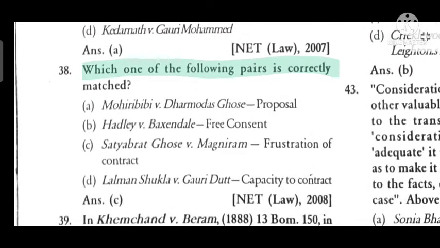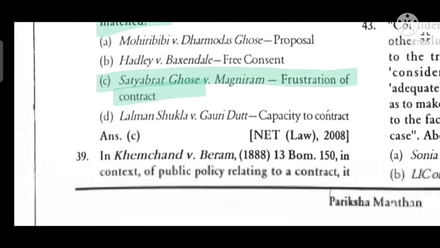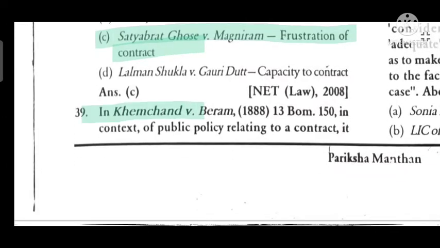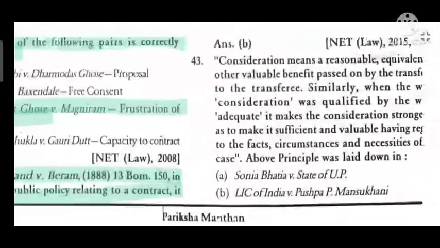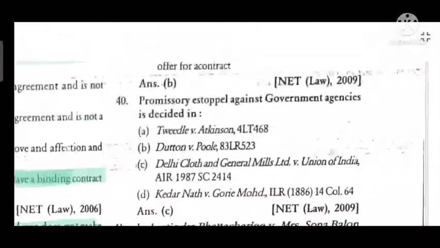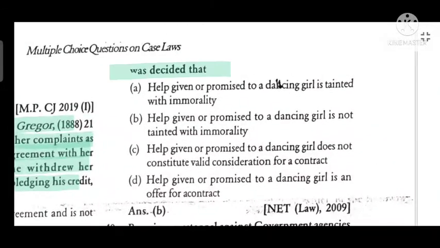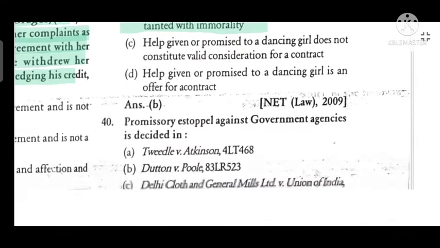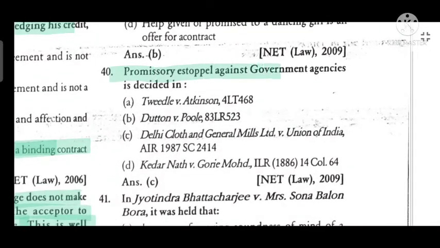Which one of the following pairs is correctly matched? Satyabrata Ghose versus Mugneeram, frustration of contract. In Khemchand versus Badam, in the context of public policy relating to contract, it was decided that help given by the promisee to a dance girl is not tainted with immorality. Promissory estoppel against government agencies decided in Delhi Cloth and General Mills Limited versus Union of